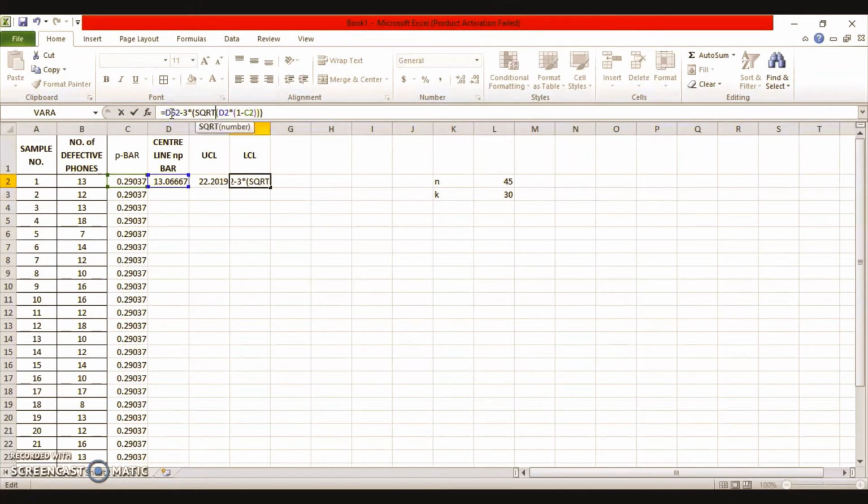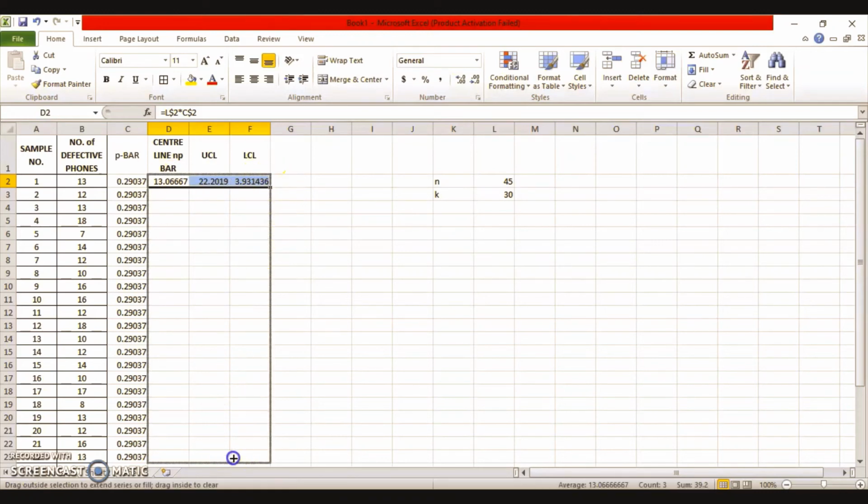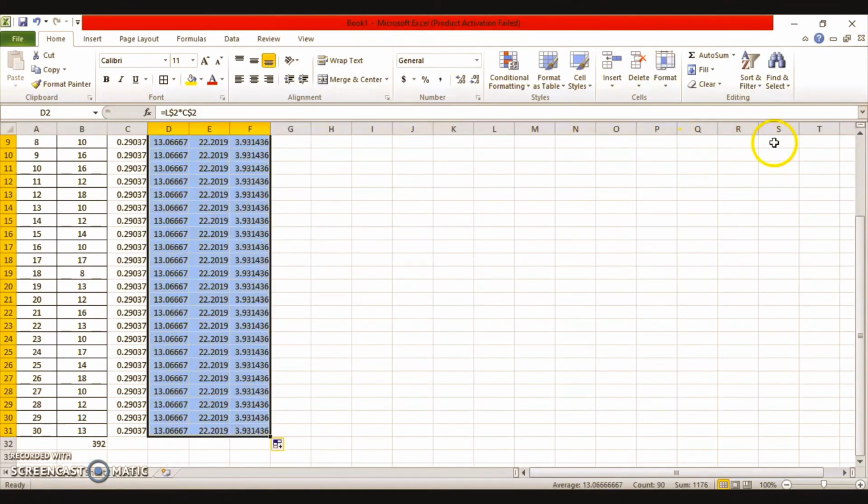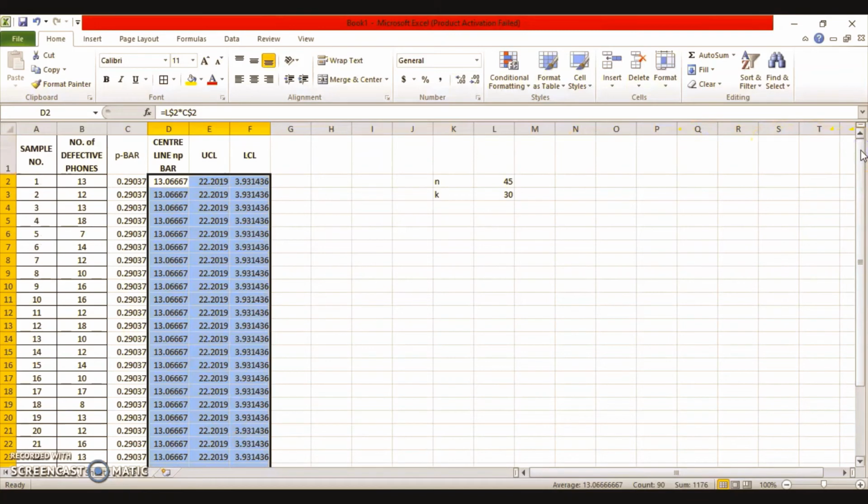See, if you remember the steps in Excel, you will never get any trouble while making any chart or doing some calculation. It's very important to remember the steps. All the steps need to be remembered, and you need to know that when you put a bracket for some formula, you need to close it. So I'll select the 3 and drag it here, and very conveniently I got the values for center line, upper control limit and lower control limit.